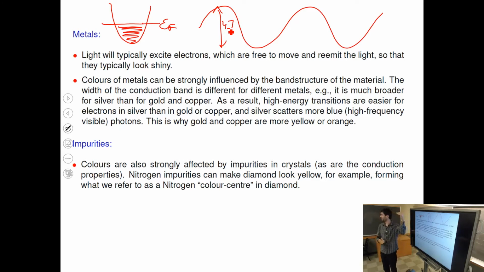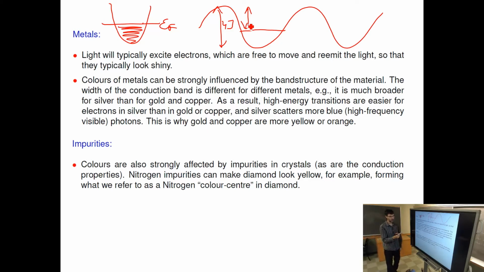So the bandwidth is larger, and all kinds of photons in this energy range get absorbed very easily in the same band. Right? You can also kick it to the next band with higher energy, but all these photons get absorbed easily. And then when the bandwidth is narrower, you can imagine that lower energy photons get absorbed easier than the higher energy photons. And so that gives colors to metals. At least it's responsible for part of it.